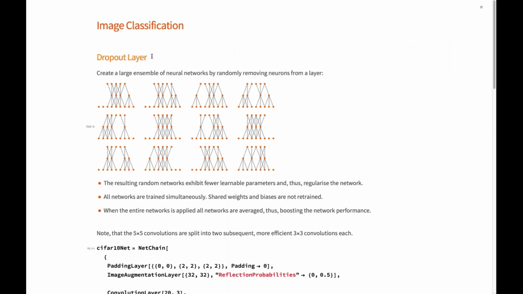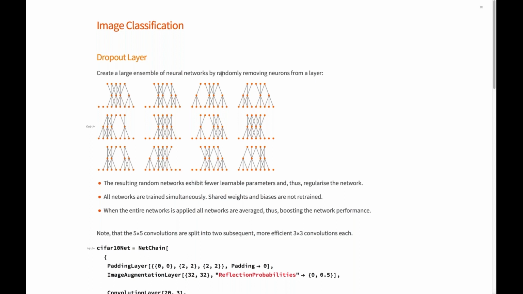It is a dropout layer. Now, dropout is a pretty fancy idea. The idea is, instead of training one network, you could train several and then have them all vote on an outcome, and the majority rules. That idea of taking a whole ensemble of machine learning classifiers and averaging over them is called boosting. You can do the very same with neural networks. You would just construct different neural networks and have them vote on the result.